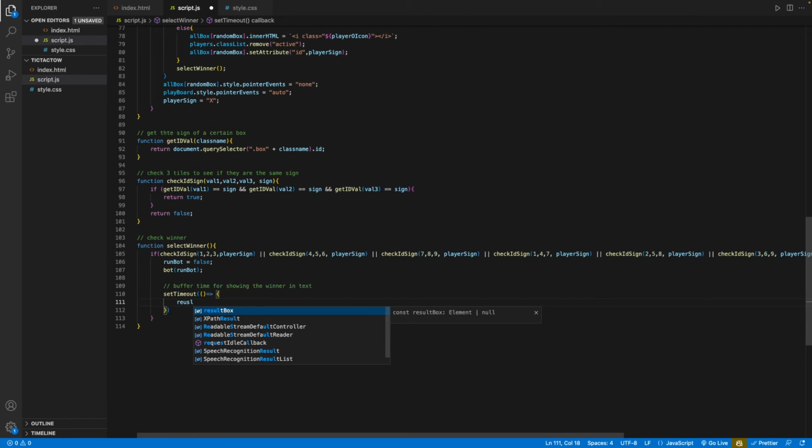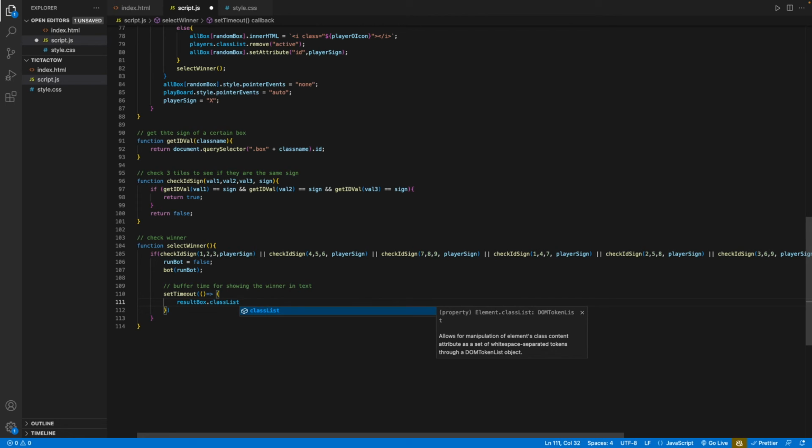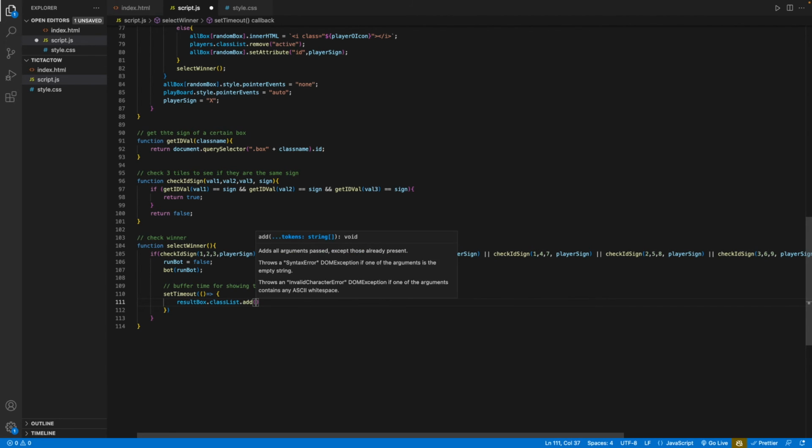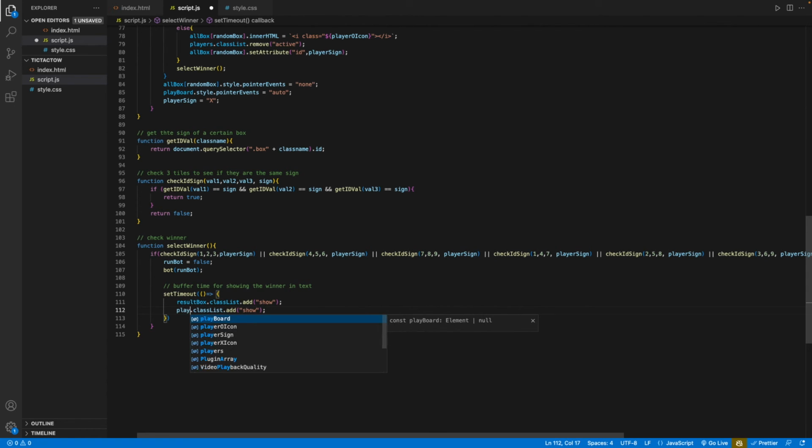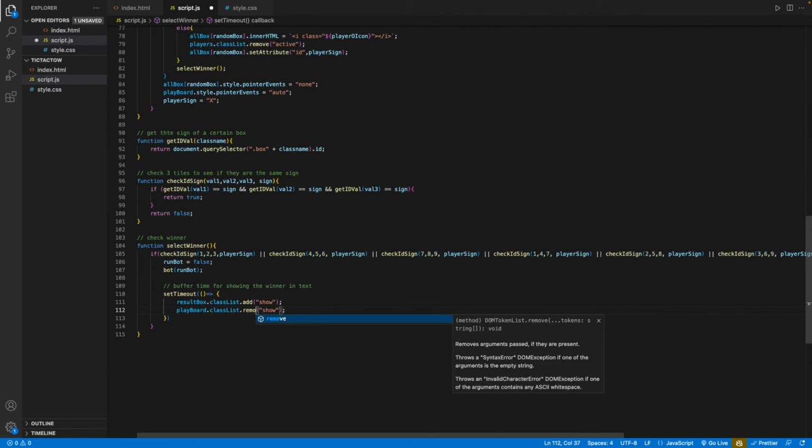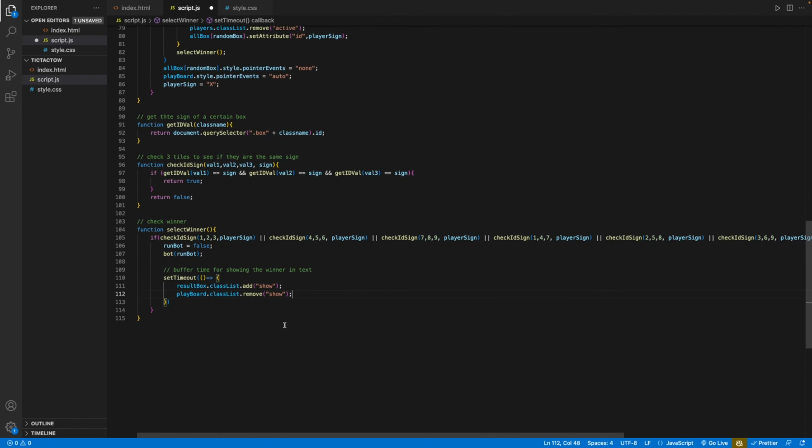We can do result.box, add a class to the class list to show. Okay, and for the playboard, add a class to remove the class of show, so that hides the board, and we wait for 0.7 seconds. Okay, so this is in milliseconds,